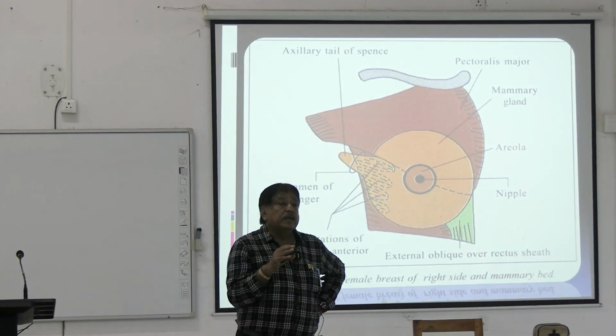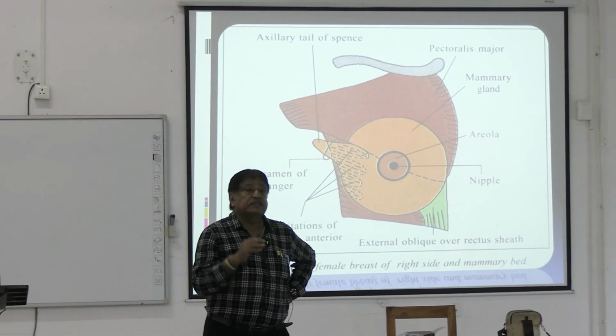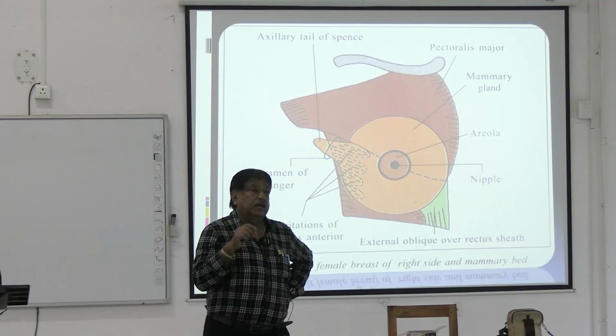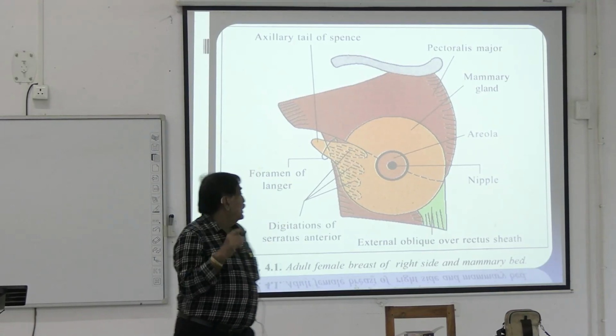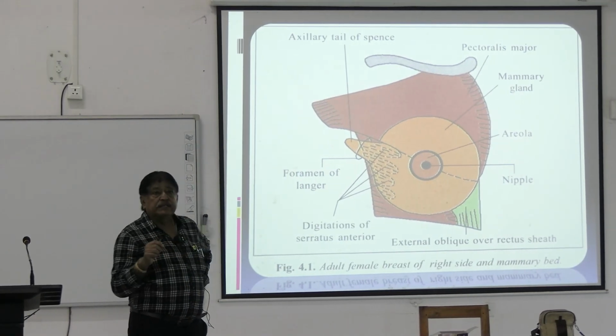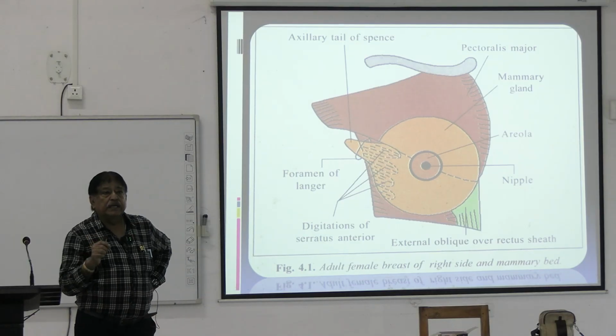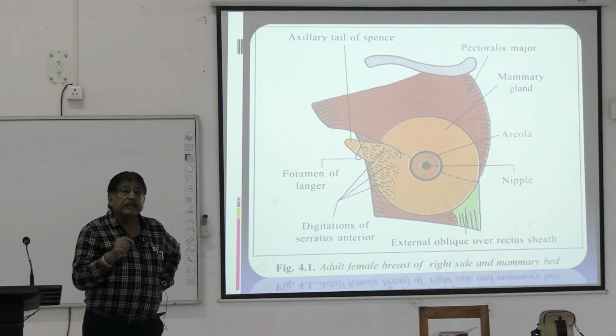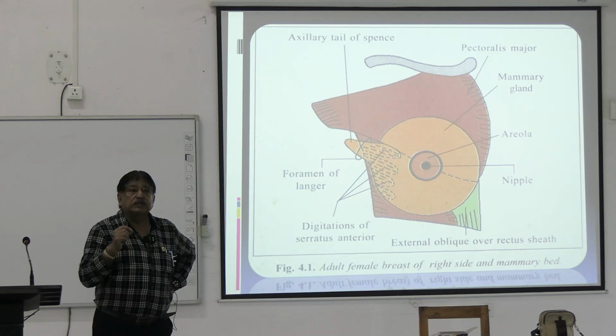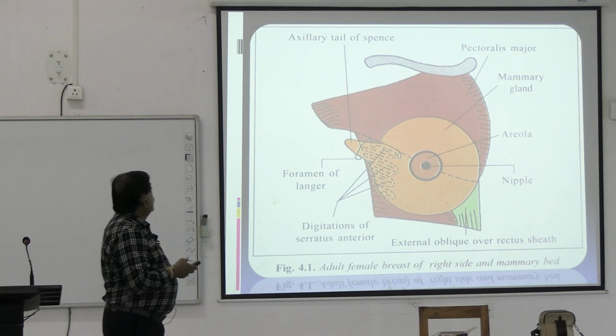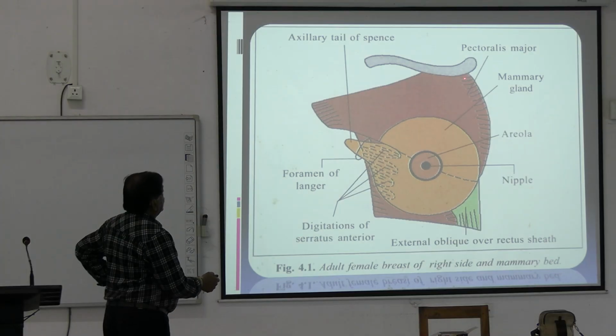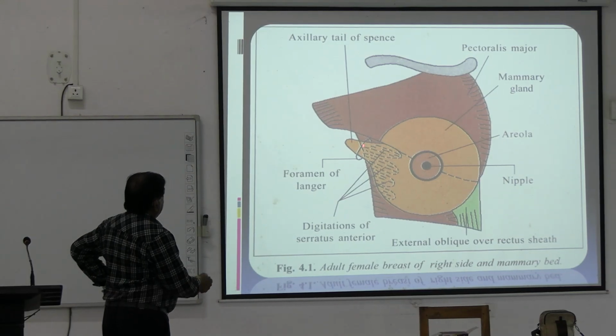What are the things that we might be asked as a short note, or your clinical based study question, or it can be a short note. Now, you see the pectoralis major muscle, the foramen of Langer, the tail of the breast, this is the nipple, areola, mammary gland, and this is the